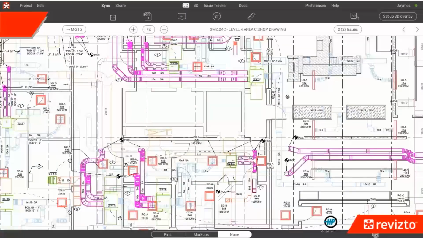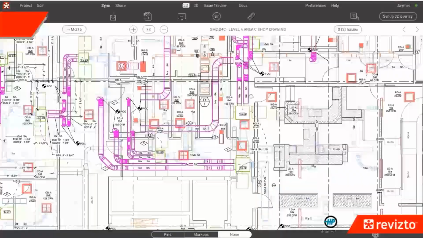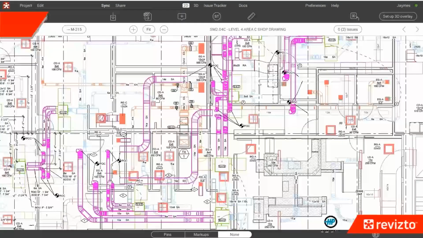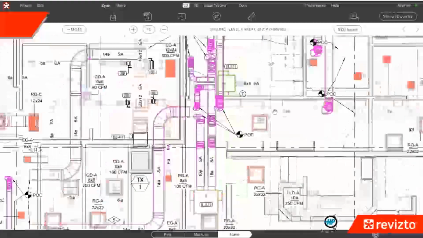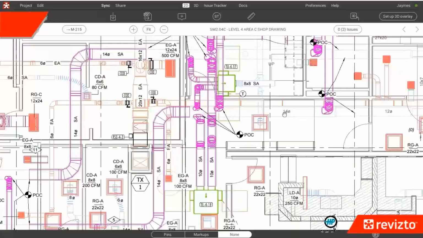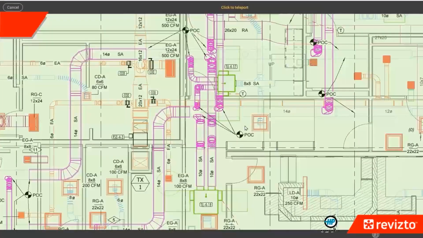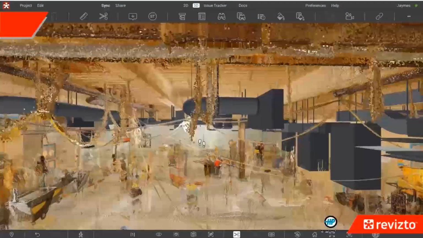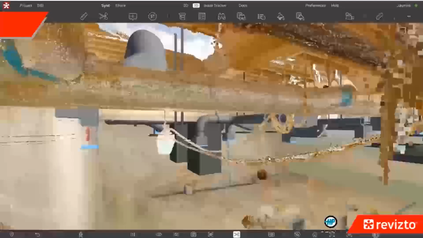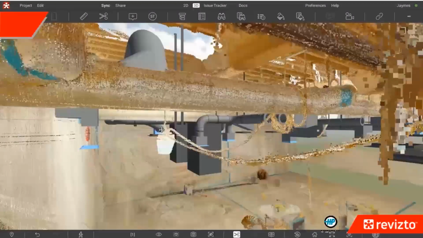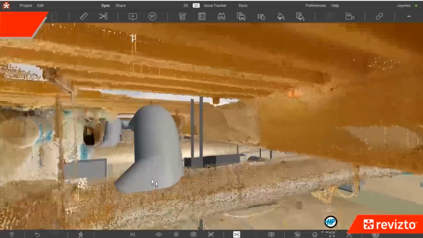This is the area where we were looking at where that existing duct was supposed to be. Obviously, the demo guys got carried away. So there's some missing, but there's also areas just like that where there's other existing duct that we're anticipating being there. So we can use this teleport feature to jump into the model now that we have the scan loaded. And we can take a look at other areas where we were trying to tie into